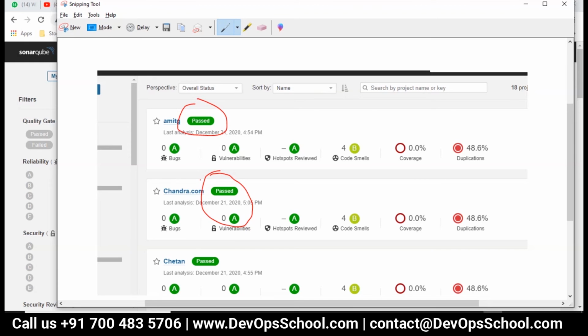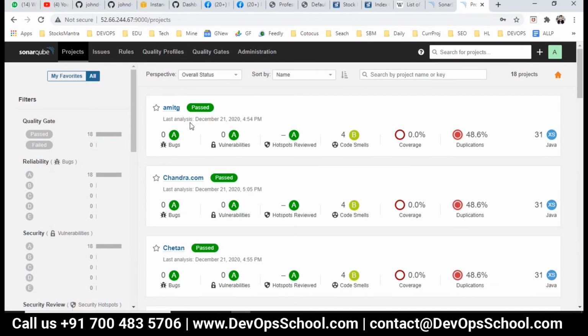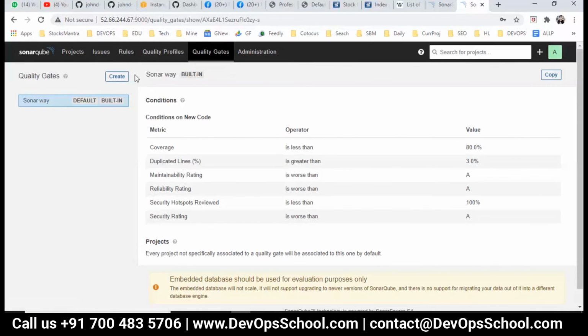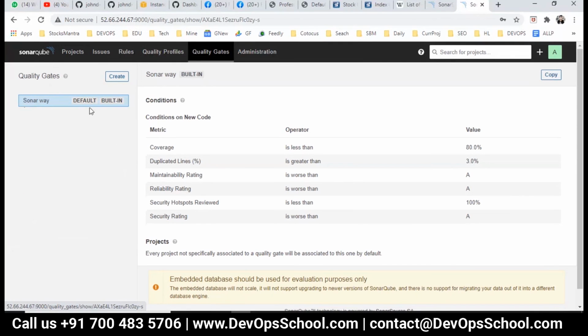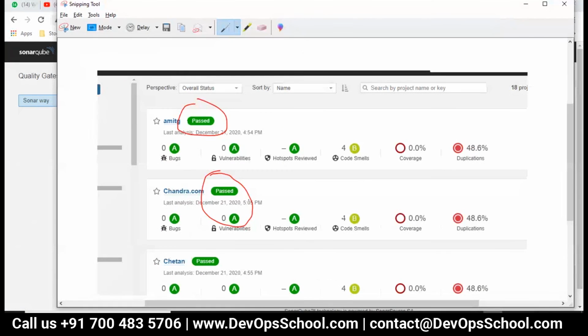The quality gate should be failed, not passed. So how do we control that? How do we emphasize on those parts? How do we create automated ways to check? If you do not give me the standard of the code, I'm not going to take it to the next stage of the software development life cycle. I'm not going to take it up. So what do we do in this case, guys? For that matter, we are going to work with quality gate. You know why all the projects were passing? Because this quality gate, which is set by default, has a very weak check.